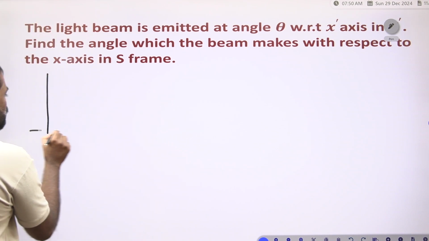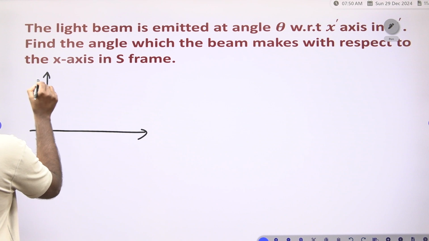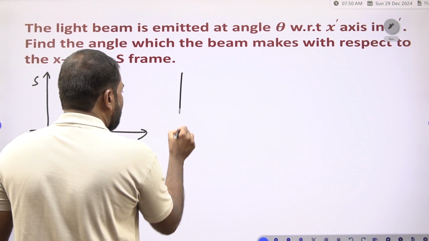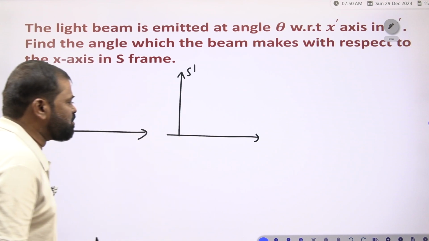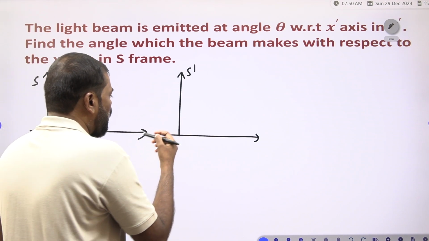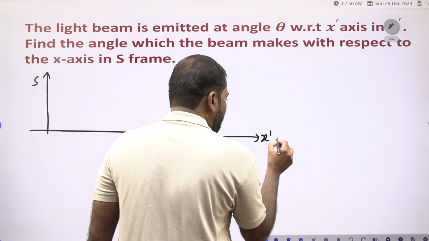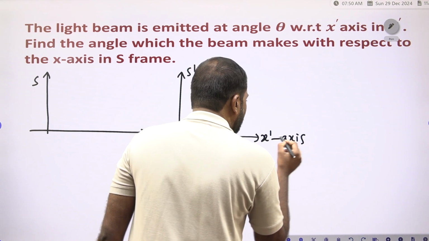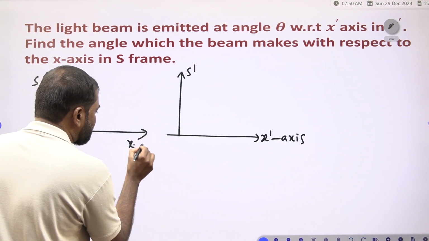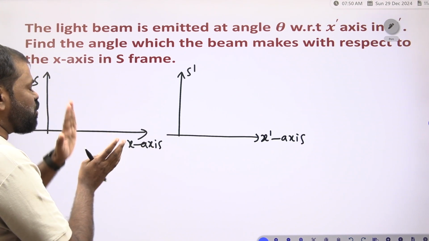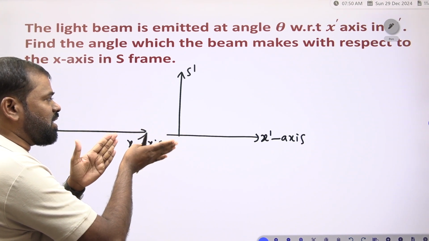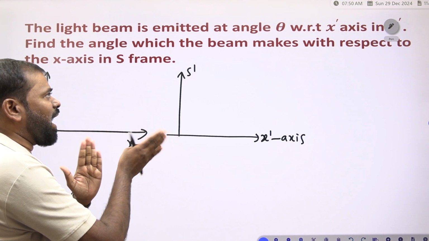Suppose you consider an S frame, and this one is the S dash frame. So two different frames you have to consider. Now this frame is moving along the x axis. Once the light beam is emitted at an angle theta,